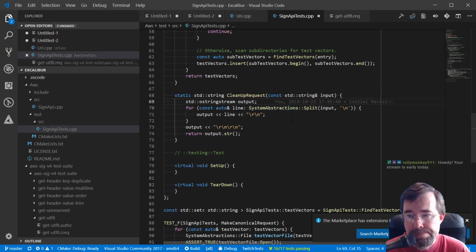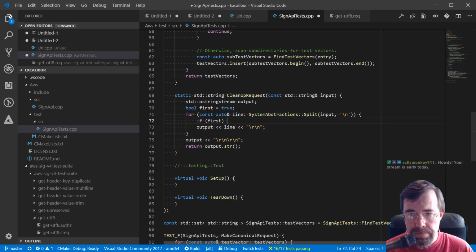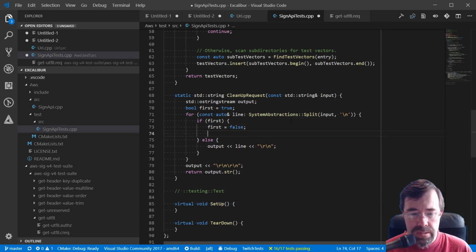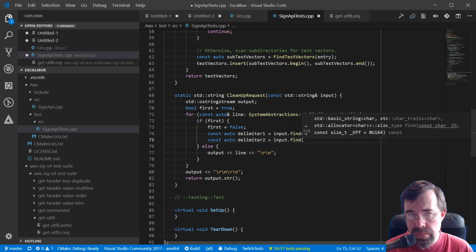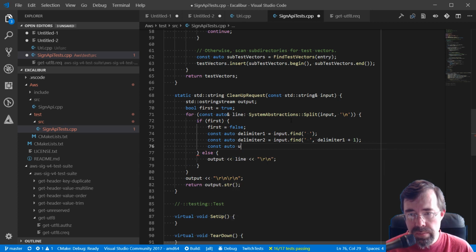So something like this: we would have first true, if first, else. So if it's the first line, it's the one with the URI. So const auto start or delimiter 1 is input find space, right? And const auto delimiter 2 is find space, with the offset of delimiter 1 plus 1. And then that means that the raw URI